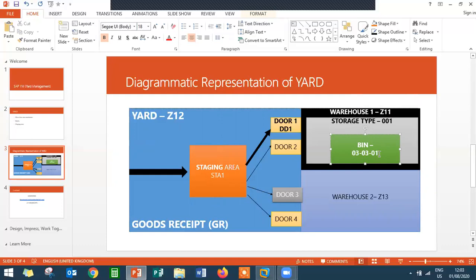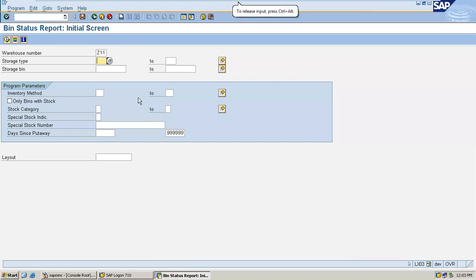So I'm going to create a purchase order and an inbound delivery, and show the yard as well as the warehouse, how it is managed in SAP.